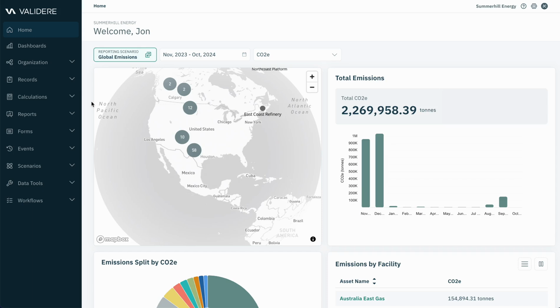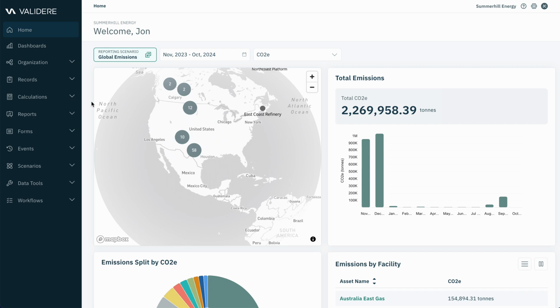Today, I'm going to be giving a demo on how you could use Validere to prepare for 2025 Subpart W revisions. Now, in the Subpart W revisions in 2025, there's a lot of changes from flaring emissions factors to new emission sources. But the one that I want to highlight today is pneumatic devices and the updated bleed rates for high bleed, low bleed, and intermediate bleed pneumatic devices, as well as highlight how you can use measurement in your